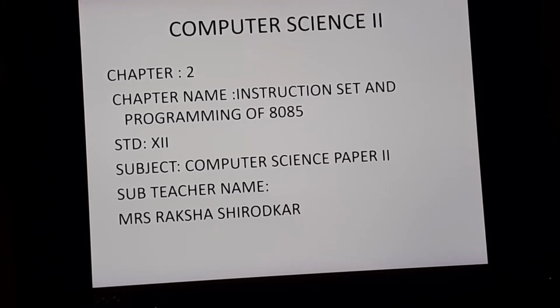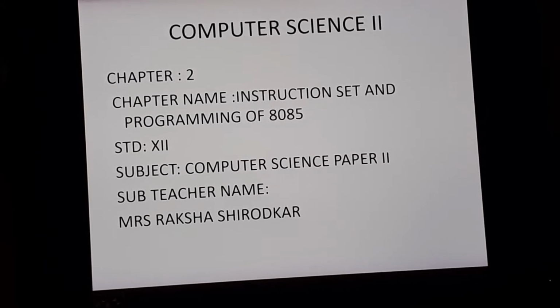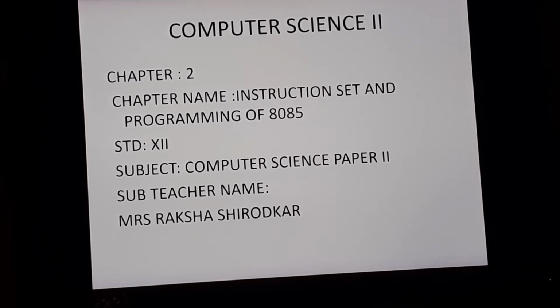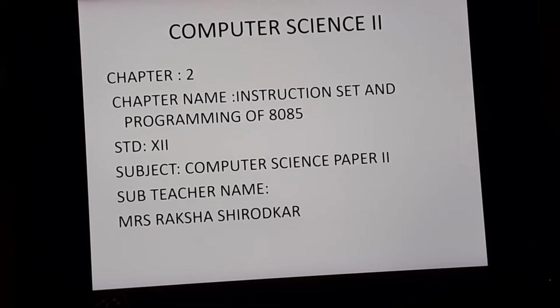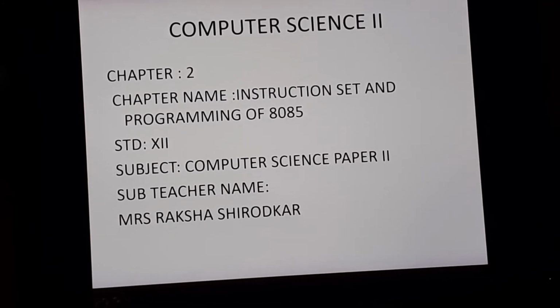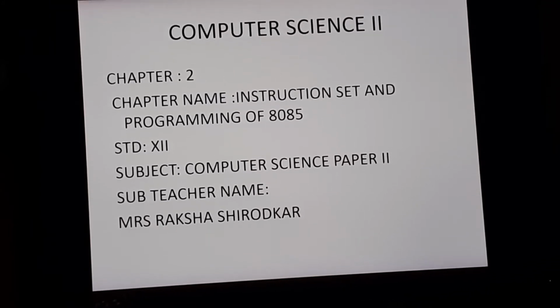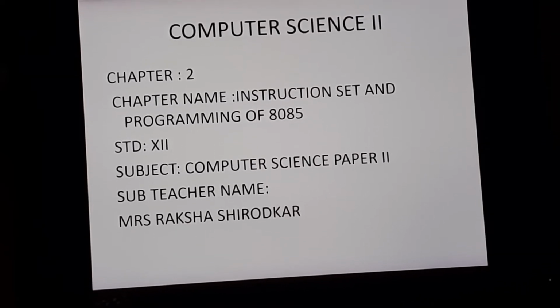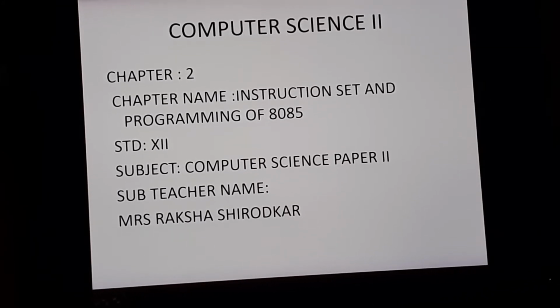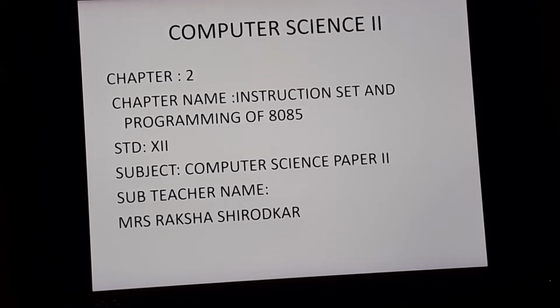We also have register pairs. Register pair means B, C, D, E, H, L from the registers themselves, but we make a pair. So we have a total of 3 pairs: B-C, D-E and H-L. These register pairs store 16-bit data. How? Each register taken separately, the B register, the C register, stores 8-bit data, but if we take it as a pair, it will store 16 bits. How? 8 plus 8 is a total of 16, so a pair can store 16-bit data.